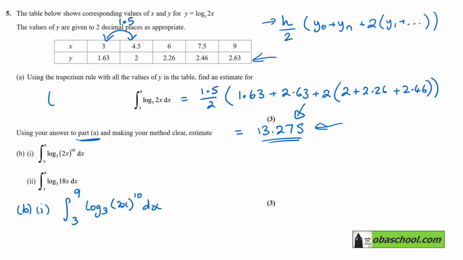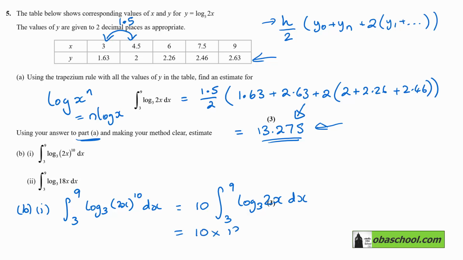Now we have a log law that says log x to the n is n log x, and that's what I'm going to use here. So the 10 comes down, and we can put it in front because it's a constant. Integral 3 to 9 log to the base 3 of 2x dx. So that's just going to be 10 times my last answer,